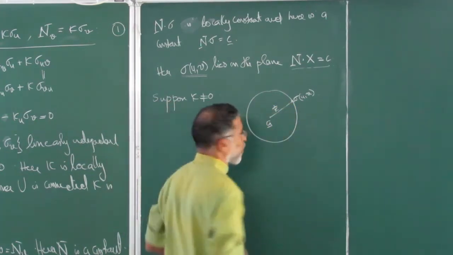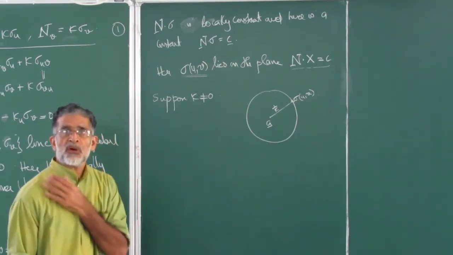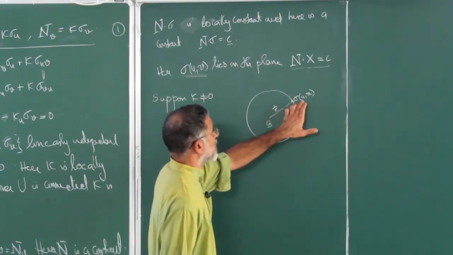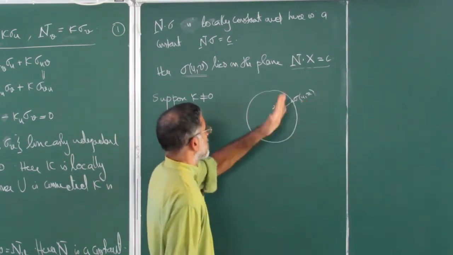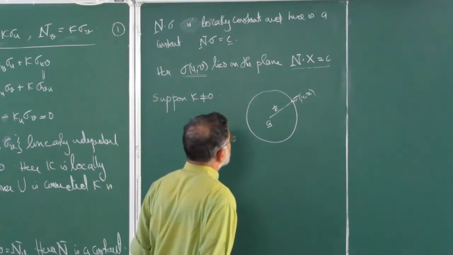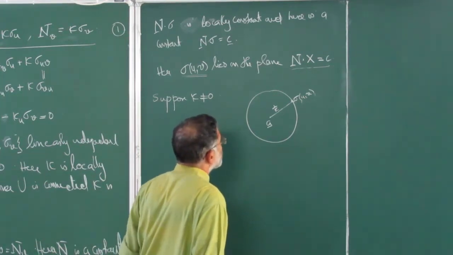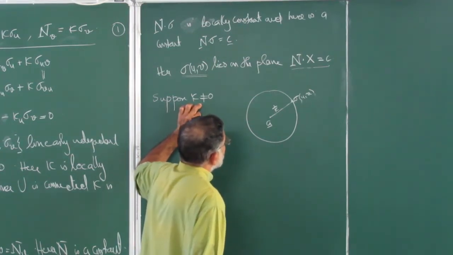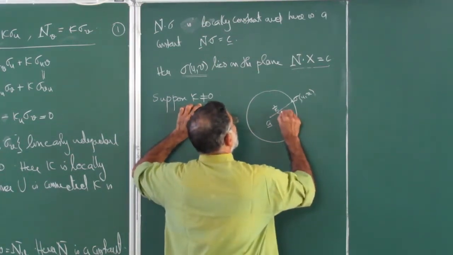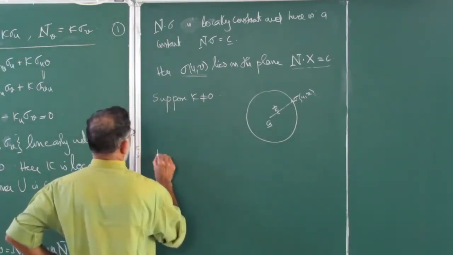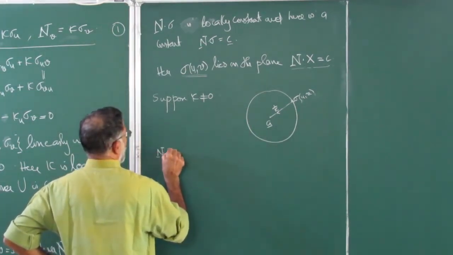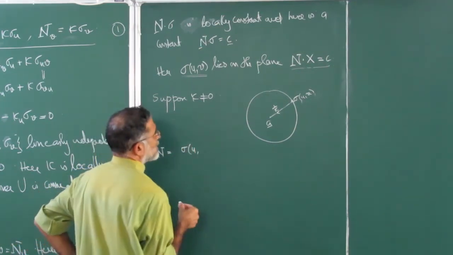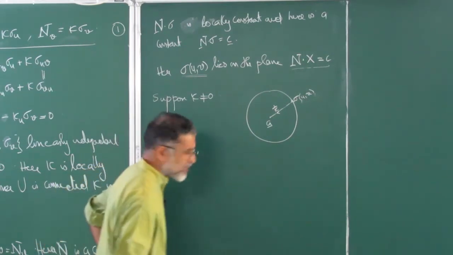Kappa is not equal to 0. We have seen this earlier also. Right now we only know that it has the same curving, I mean the principal curvatures are the same, whatever we have assumed. So what is going to be your n? Your n is going to be sigma uv, I mean, the inward normal, outward normal issue comes.